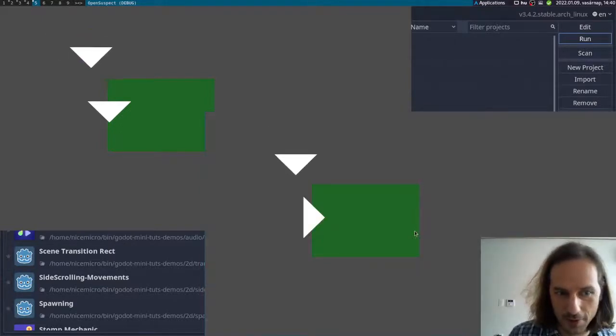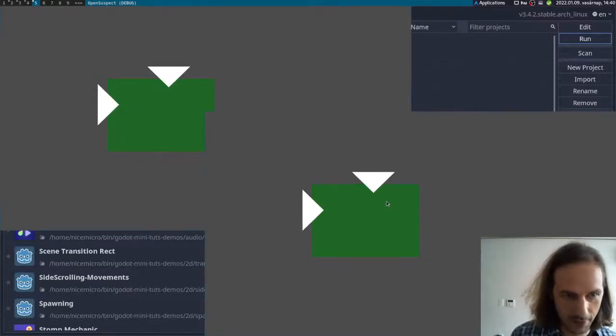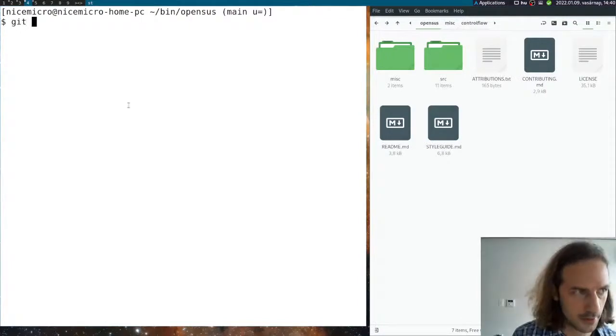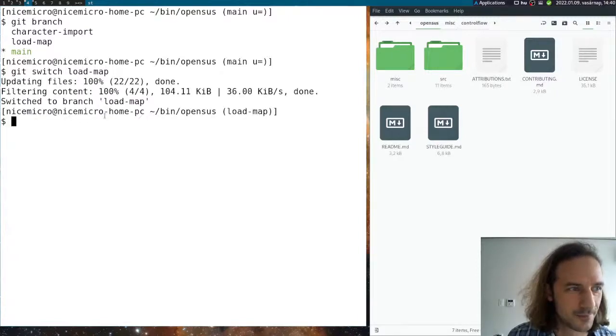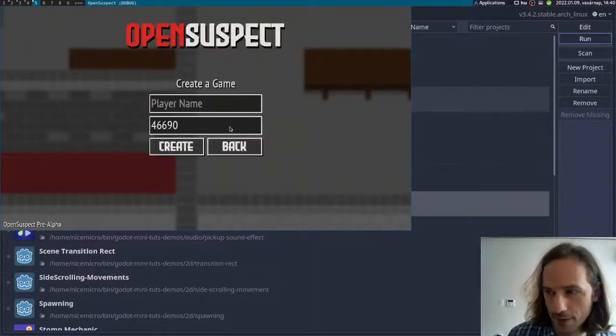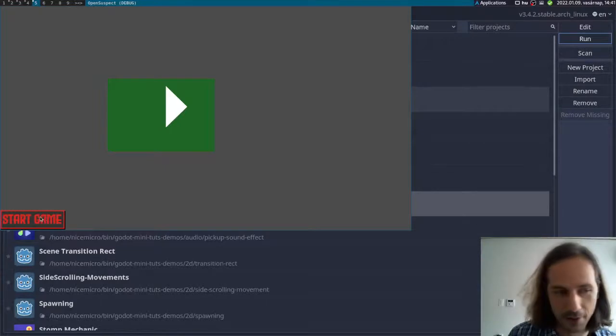You can see that if I move in this, that is going to be synced through the network, so this one is already implemented. And if I switch to here, let's check out what the git branches are. So the load map branch, if I switch to the load map branch, then what should happen is, well, updating the files. Now if I go back here and run, you can see that if I create a game, there is a start game button on the bottom corner here,